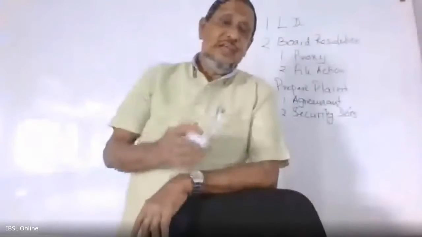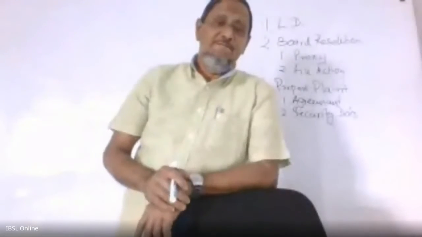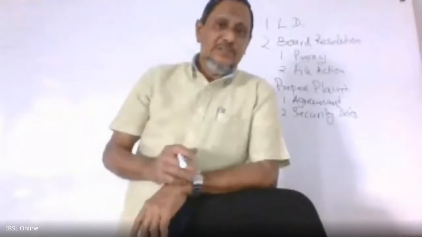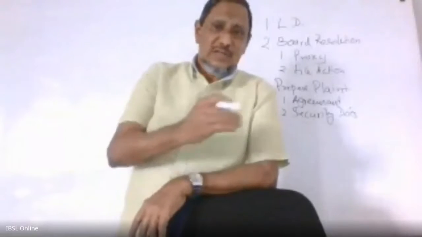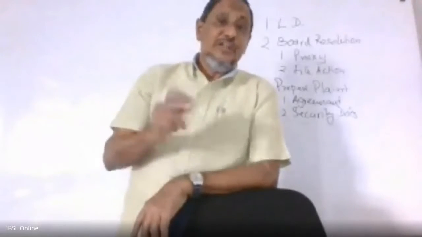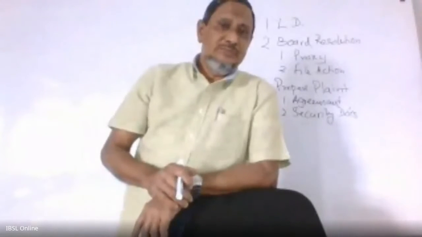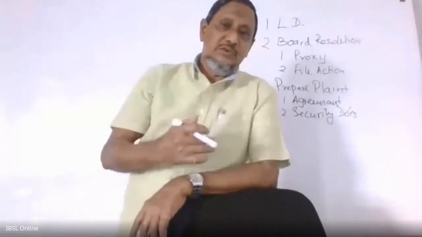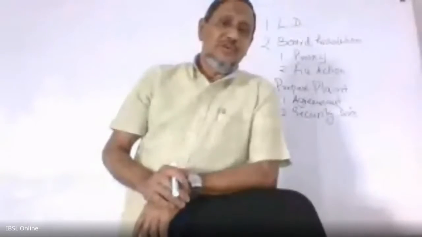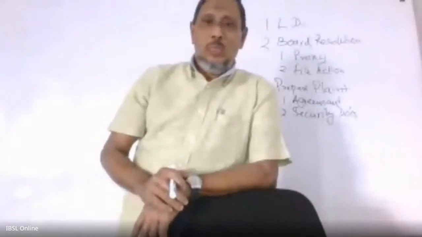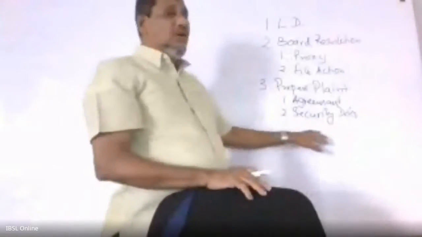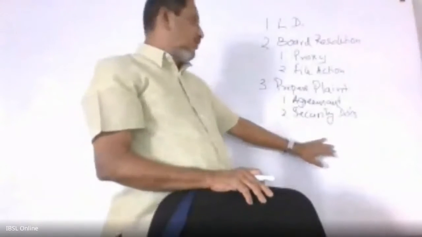Now we have discussed earlier, when we take a tangible security, we can liquidate it and take cash. Last session we discussed that. If you take an intangible security, that is guarantees, those are not enforceable. So we have to call for the guarantors also. In these securities, we list the names of who the guarantors are, and file action against them also. Then the security documents, what are the documents going to be enforceable?